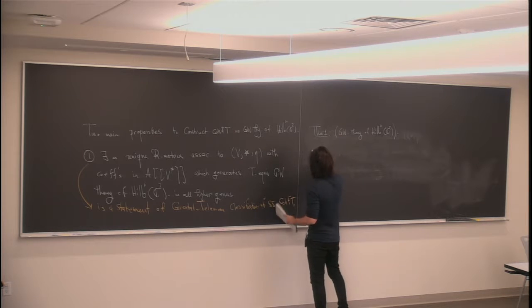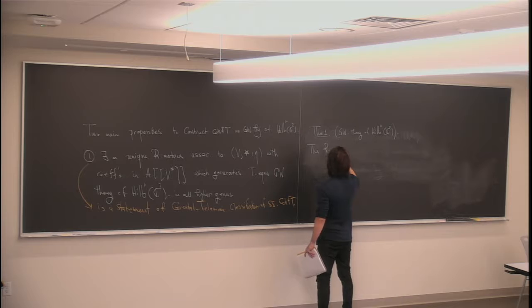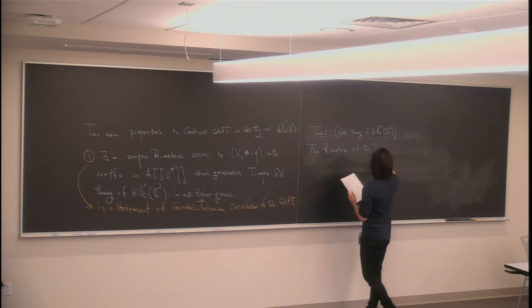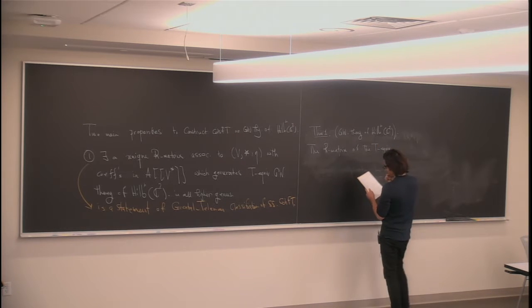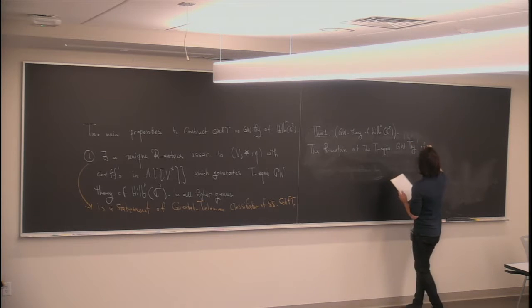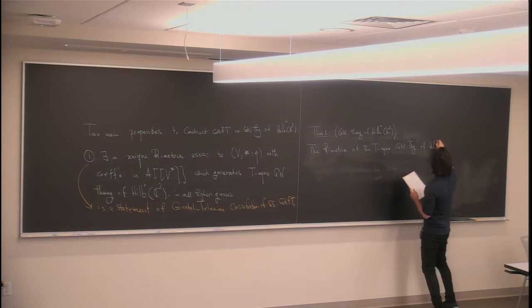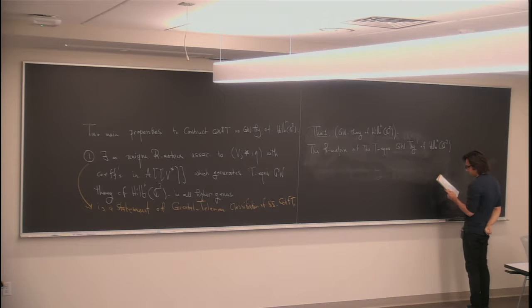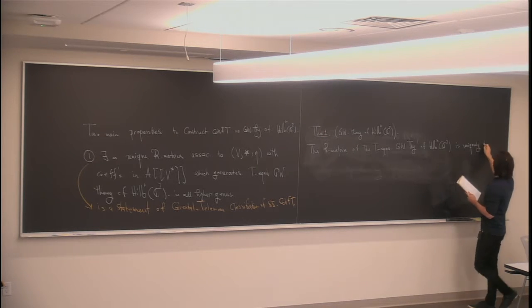So the R matrix, this is the theorem, the R matrix of the T-equivariant Gromov-Witten theory of Hilbert C2 is uniquely determined